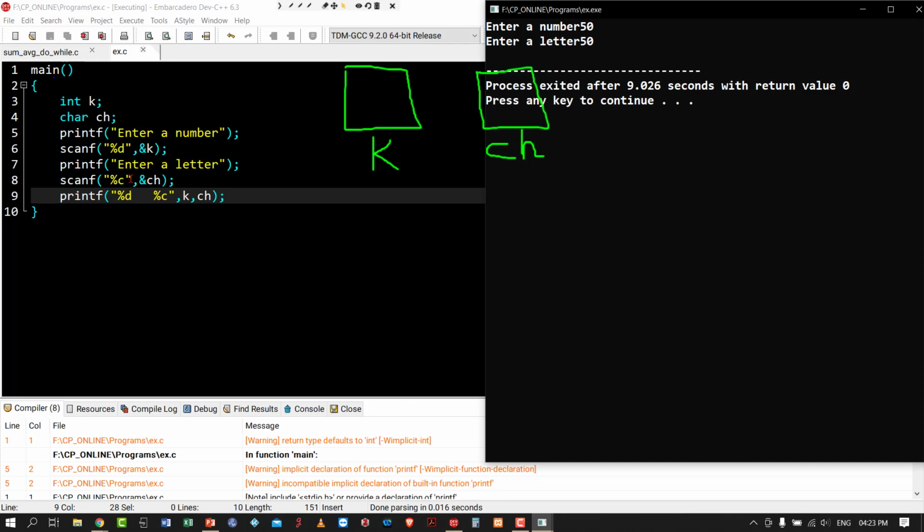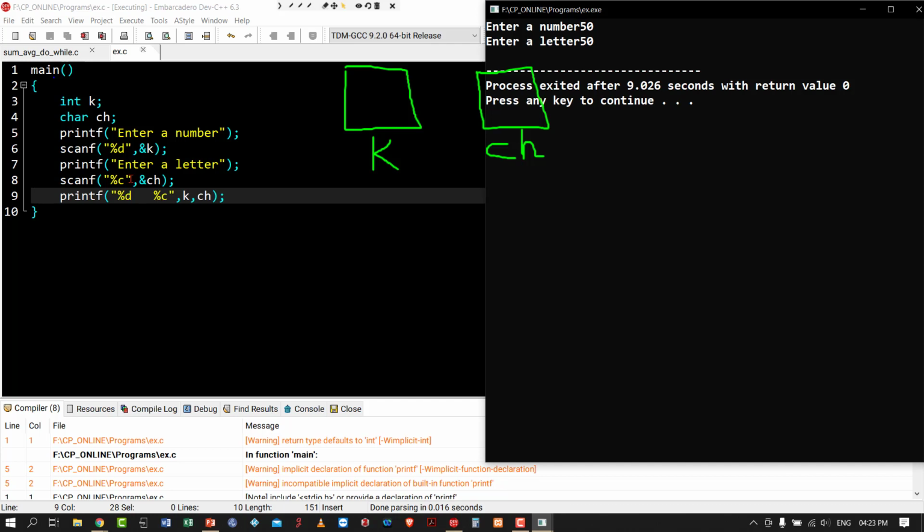So this is a small thing in C program. Whenever we read a number followed by a character, this problem will occur. We can't actually read that character because the computer is not waiting for that character to be entered.